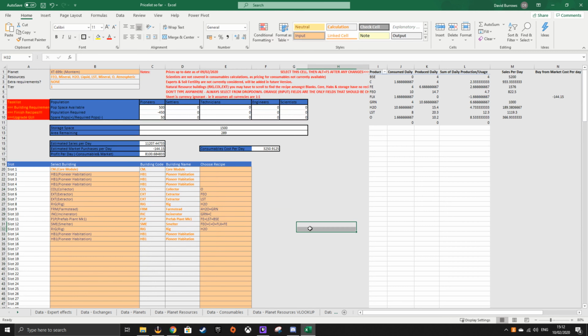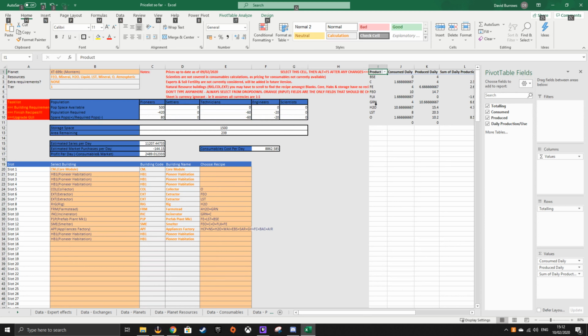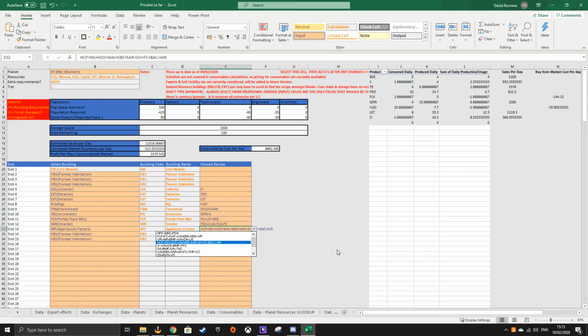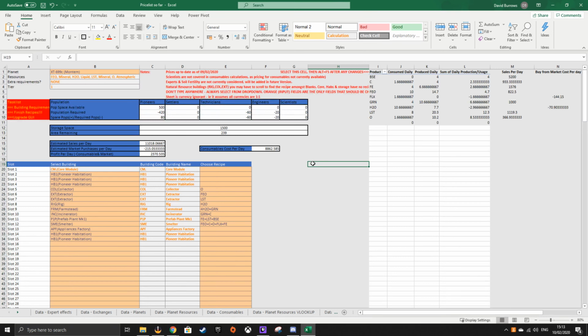You can see here this is all functioning. So as soon as all of the recipes are finished, there's I think the last few that haven't been done. Yeah, it's this Appliances Factory that hasn't been done as yet. So I've got all of the actual recipes in, but unfortunately the quantities don't quite work. So you can see there it doesn't update at all. But once those are in, it should be ready for me to pass over for people to start playing around with. But based off of this, is there anything that anyone would like to see